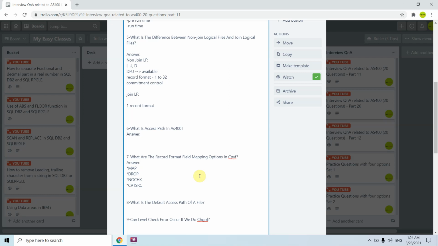Drop is basically, in this case, we are dropping to populate those fields. For example, if we specify star map, we are copying the mapping fields, but the non-mapping fields would get populated with the 0, blank, and the default values or the null values. But here in this case, if we specify star drop, then it only copies the mapping fields from the from file to the to file,